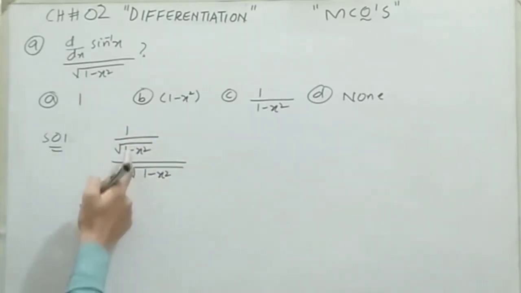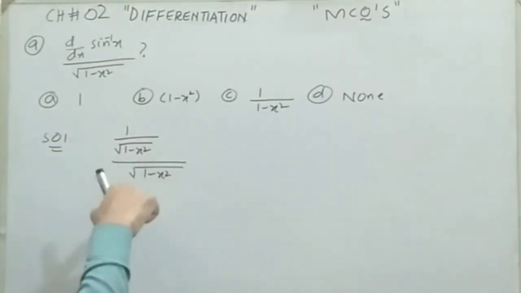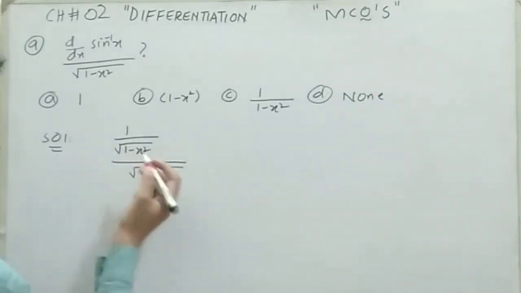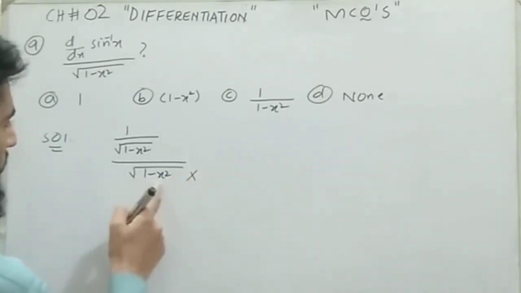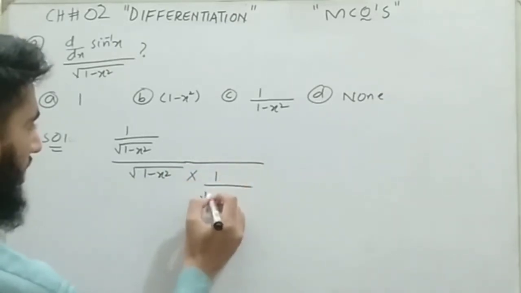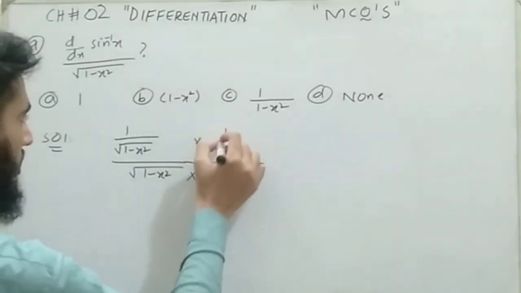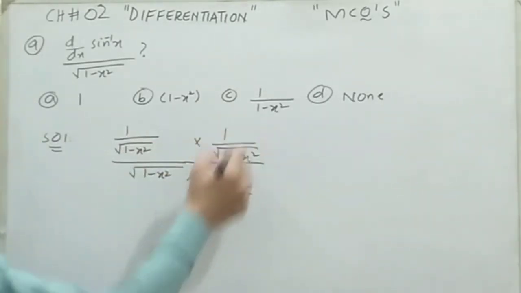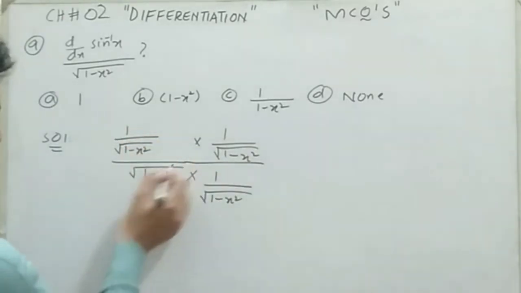Now simplifying it, this under root of 1 minus x square is in division, and this 1 minus x square under root is also in the division. So they will multiply with each other in the whole division, or we can also write it like this. We will multiply the reciprocal of 1 minus x square under the root in both the numerator and denominator. So over here I multiply under root of 1 over 1 minus x square, and also multiply in the numerator. So it becomes 1 over under root of 1 minus x square. Because they can't affect the whole expression, they will cancel out with each other, and we are left with this fraction.